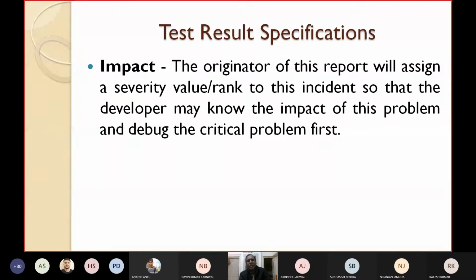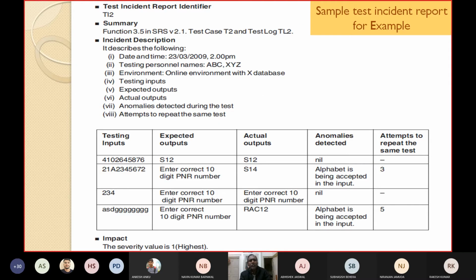So the originator of this report will assign a severity value, a weightage or a rank to this incident, so that the developer may know the impact of this problem and debug the critical problem fast. If it has the highest impact, he will try to resolve it immediately. And if it is very minor, he may delay it, and based on his availability of time, he will resolve this issue. So let's again take the same example, that of the railway reservation system.